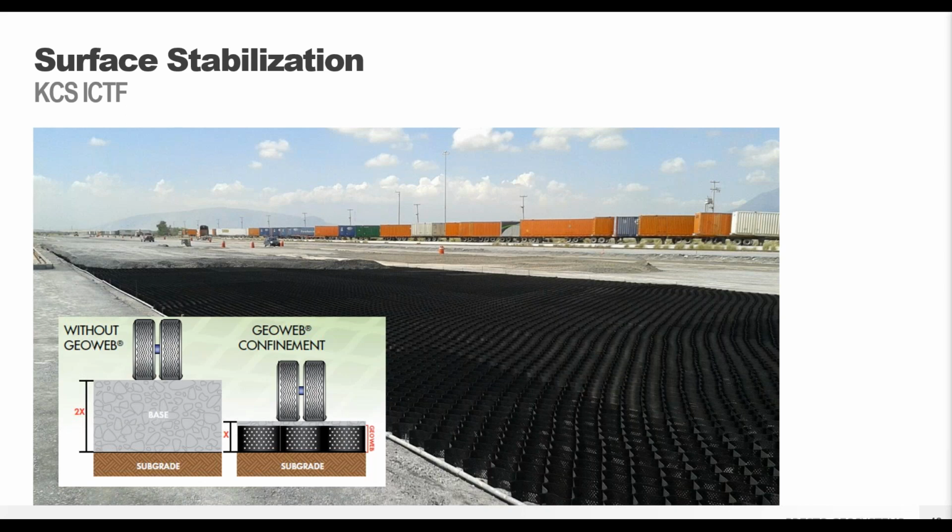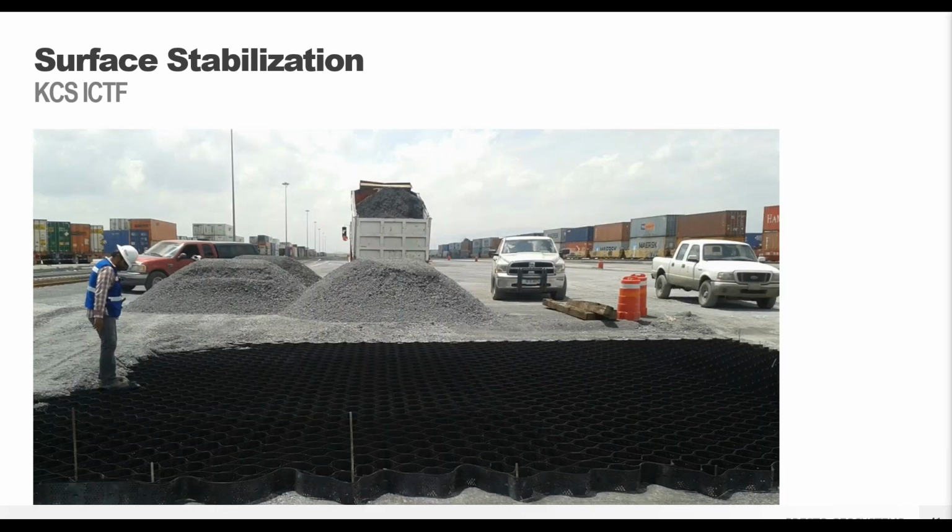So in this case, the design consisted of the 6-inch deep GeoWeb and a 4-inch wear surface over the top. So that's going to be a 10-inch total cross section. So you can imagine going from 16 inches of reinforced concrete down to 10 inches of just stone. That's going to be a massive savings. And so we do want to help you get the best design for your site. We're not here to just sell you something and then disappear. We're going to be with you throughout the whole process.